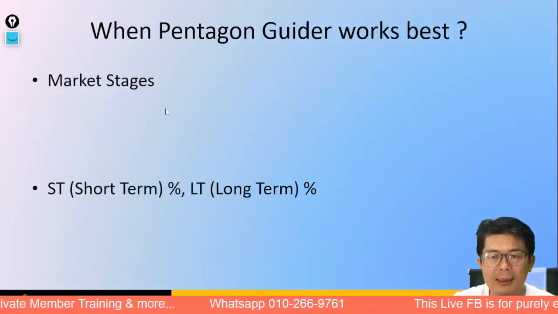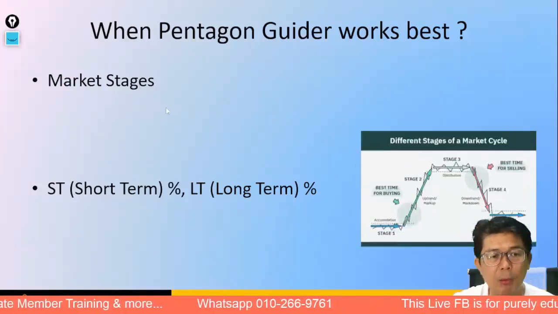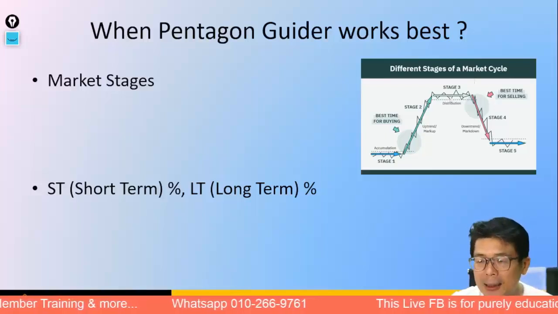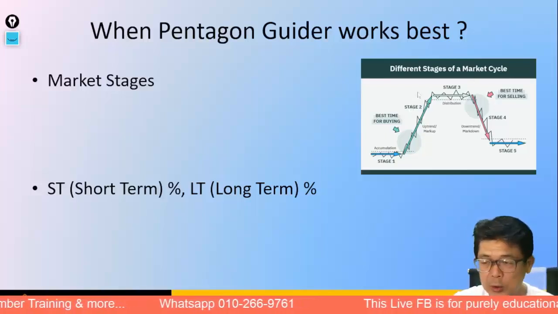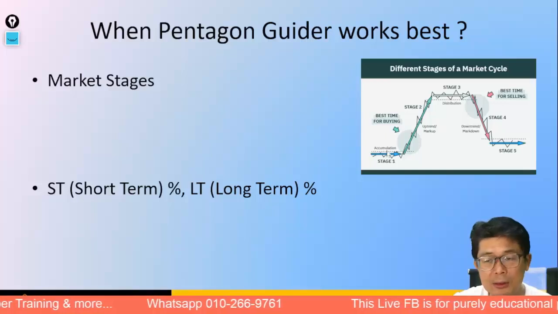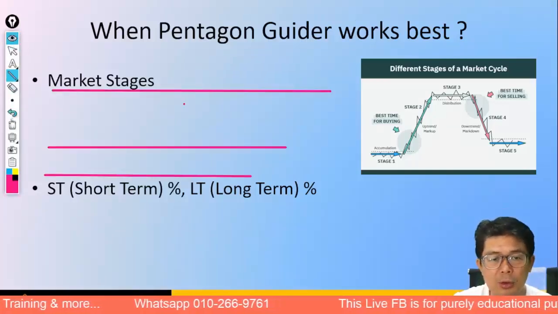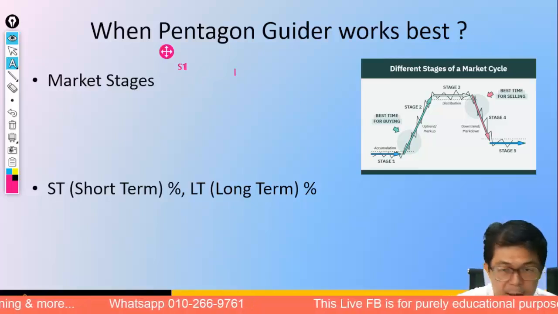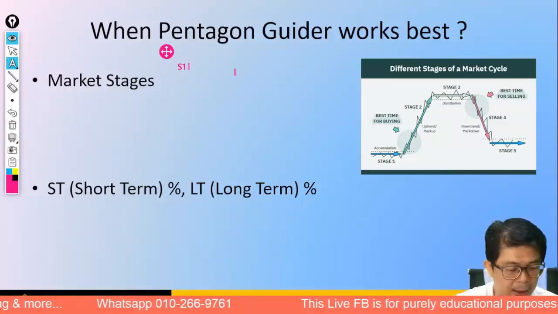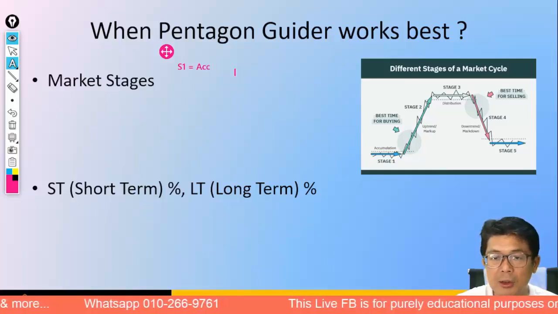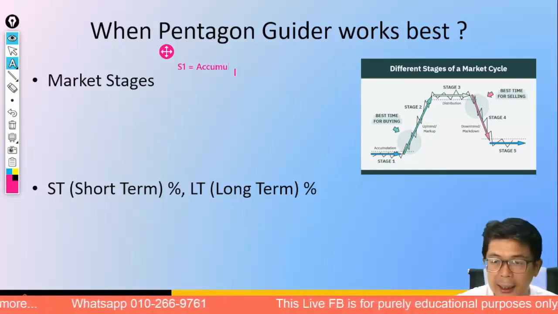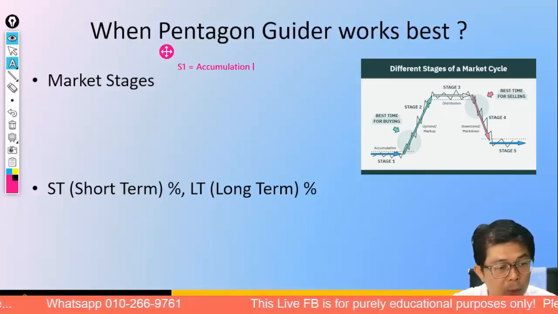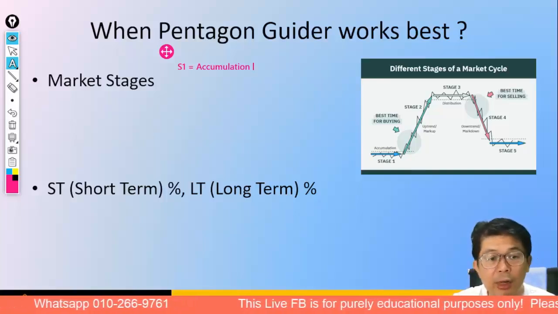So when does Pentagon guider work best? Let's talk about market stages. What you see on top here is the market stages that we have always been showing. Of course, market stages has 4 in here, so let me just go through them. The first one is what we call stage 1, which is the accumulation. All right, so accumulation is where the market goes through a series of low volume accumulation,